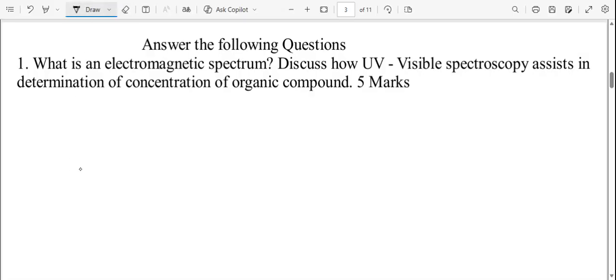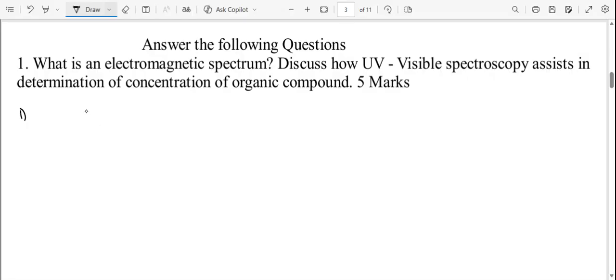The first question is: what is the electromagnetic spectrum? Discuss how UV-visible spectroscopy assists in the determination of concentration in organic compounds. Let me explain this. The electromagnetic spectrum is just a complete range of